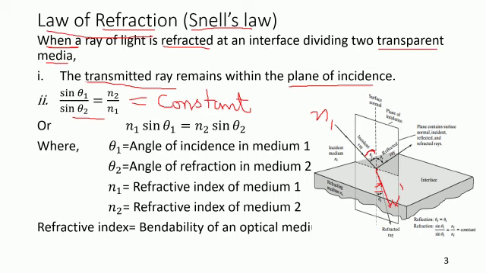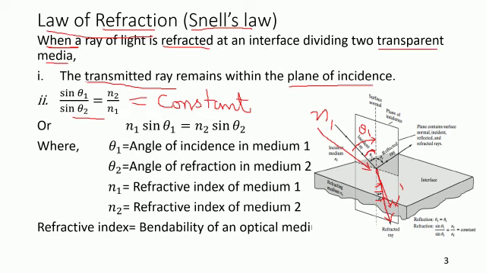So for example, if you now shine light at another angle, another angle of incidence theta 1 different from the first one, what will happen? The refracted ray will also go into the second medium by a different amount, so theta 2 will be different. This means the angle of refraction depends on the angle of incidence, but this ratio is constant,